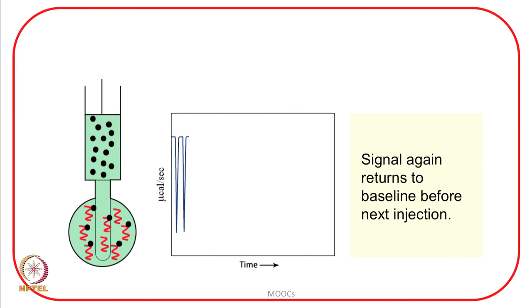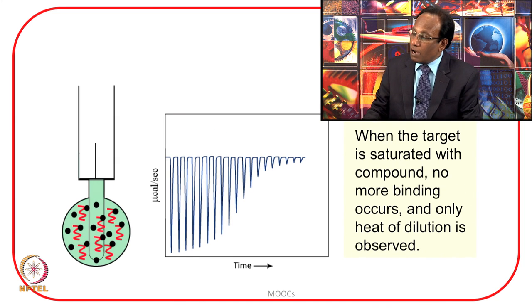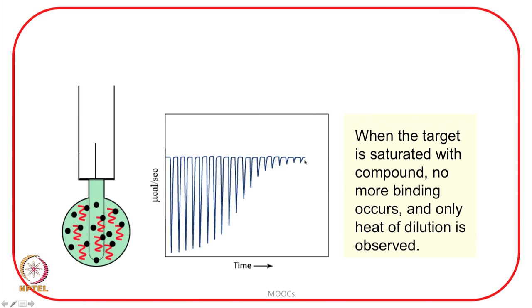But since there are still so many other protein molecules with binding sites available, when the next injection is made or when some more ligand is added, it will again go and bind, and eventually it will saturate all the binding sites. So, now let us take a look at when the next injection is made, again there is a deviation, and you can see in the figure more and more of these dark circles are interacting with the protein, but there are still proteins with free binding sites available, and you continue the titration, and eventually after all the binding sites are saturated,